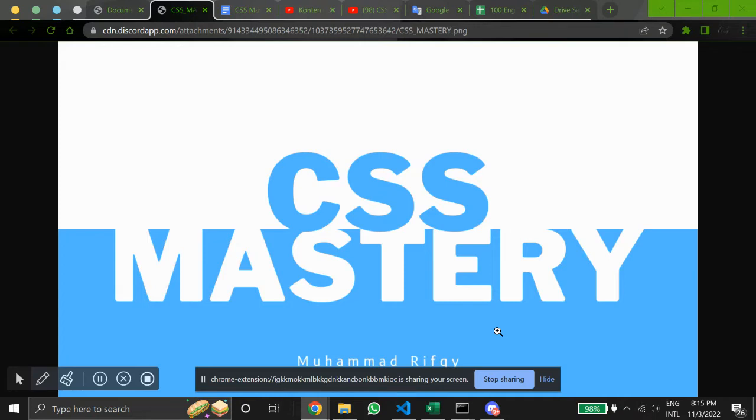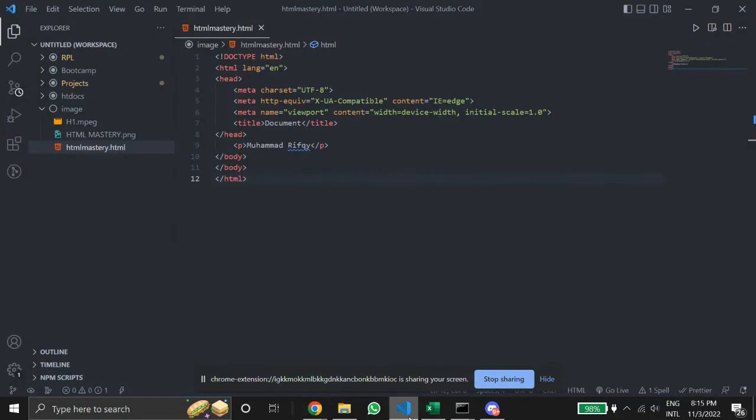So in the previous video, we already learned writing CSS in inline and internal. And now we're going to learn how to write CSS in external. Okay. So external CSS is a writing where the CSS scripts are stored in a separate file with the extension